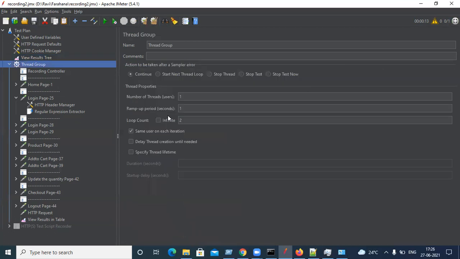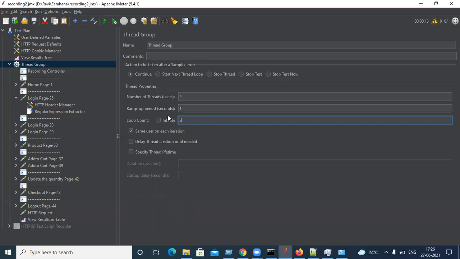So now, if I run the script, totally how many APIs will it trigger? Users will be 5, and we have to repeat the test for 3 times for the same users. For those same 5 users, we repeat the test 3 times. So total how many times? 5 into 3, 15. And how many APIs do we have?